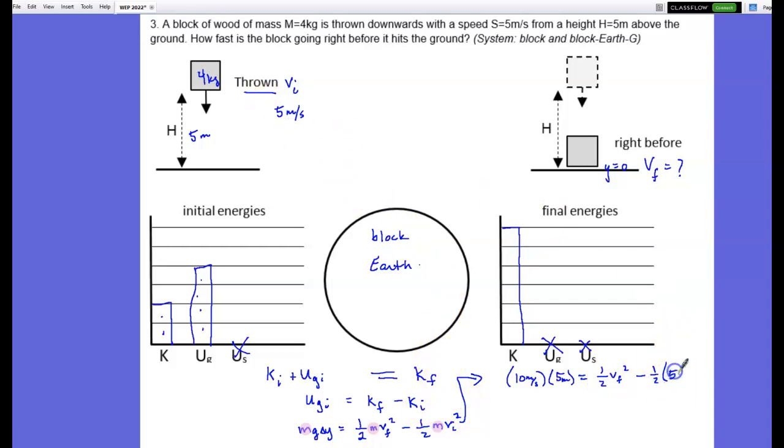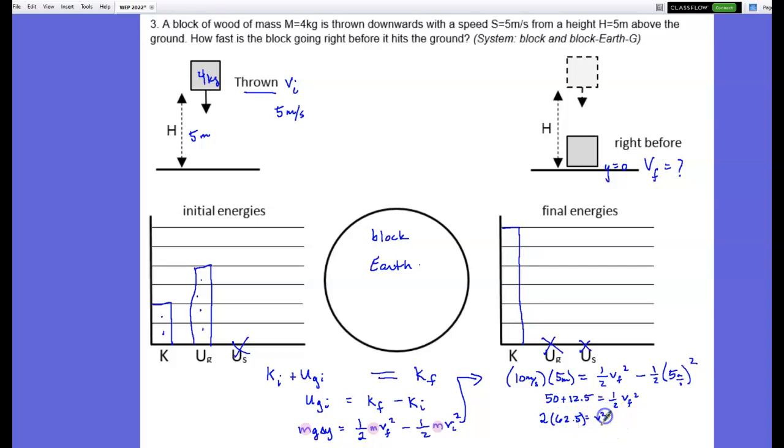5 meters per second on v squared. So that's 25, and half of that is 12.5. So this is 10 times 5 is 50 minus 12.5. 1/2 of 25 is 12.5. Oh, I'm sorry, plus. Because it's negative over here, we're going to add it. Equals 1/2 vf squared. Multiply both sides by 2. And so that's going to be 50, and 12.5 is 62.5 times 2